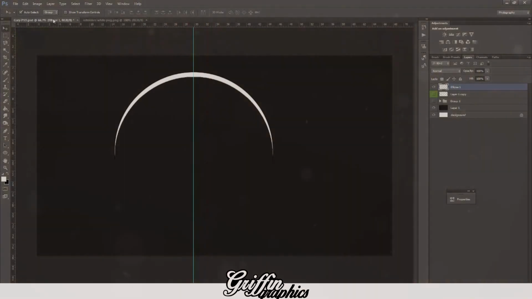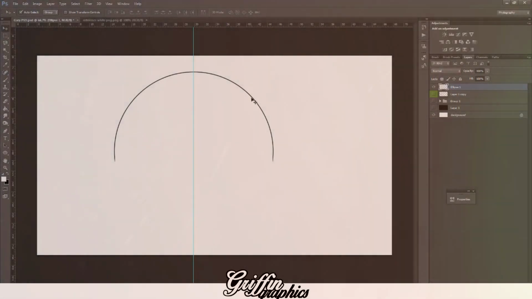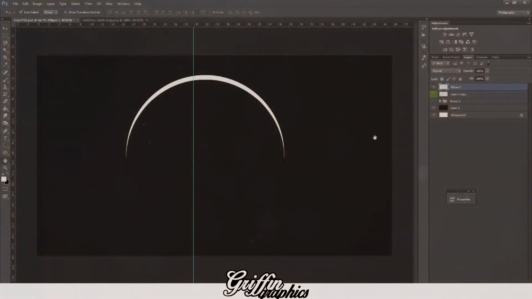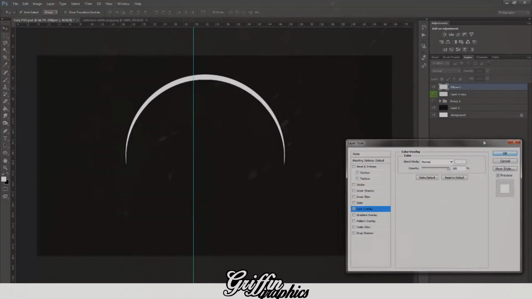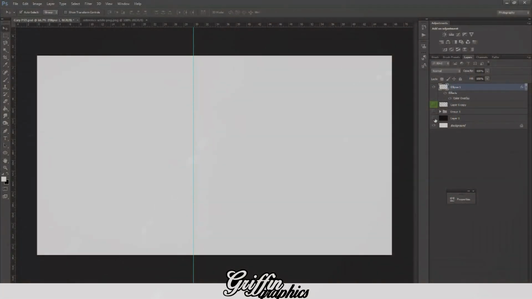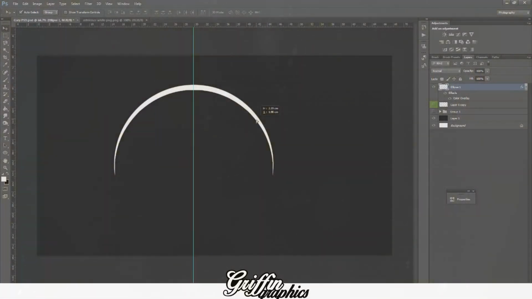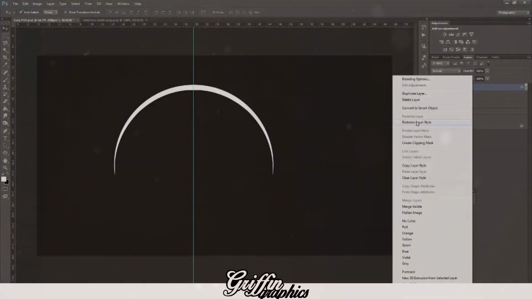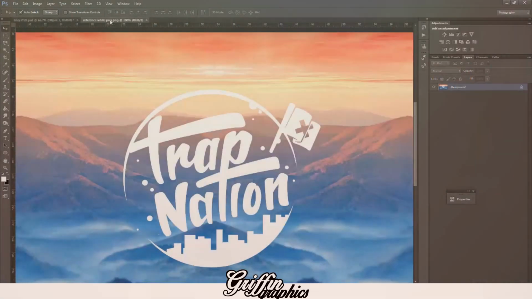And I don't know why, but for some reason we're getting a line around it. Go to blending options, color overlay, and set it to white. Yeah, not sure what that was about, but it's fixed now. If you have that same problem, maybe something I did created that, then just fill the whole thing in white. There you go. So now we're going to pull our text back in